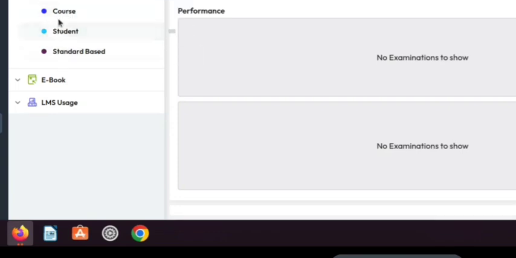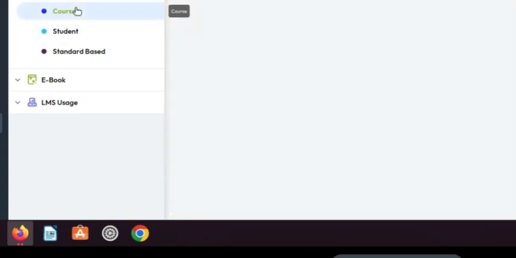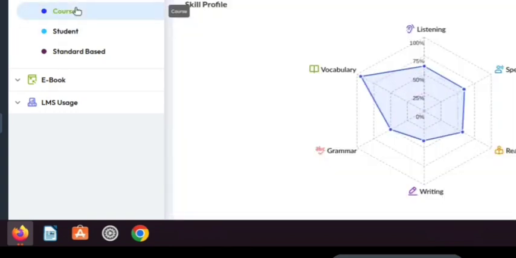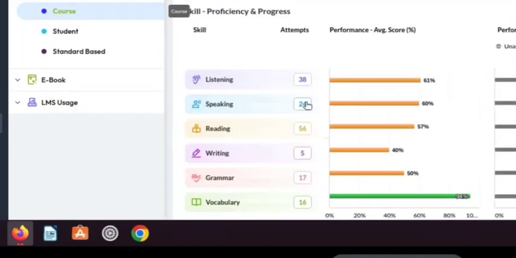Here we see three different views. We have one which is the course view, which basically shows the entire class's performance. So this is the average class performance. It is downloadable. And then you can go ahead and understand for each and every skill how the class is performing. This is an average thing, and this is for the course. This is not only for learning tools. It is learning tools plus course plus everything that the child has done in 36 weeks. What we were looking at earlier showed everything that students